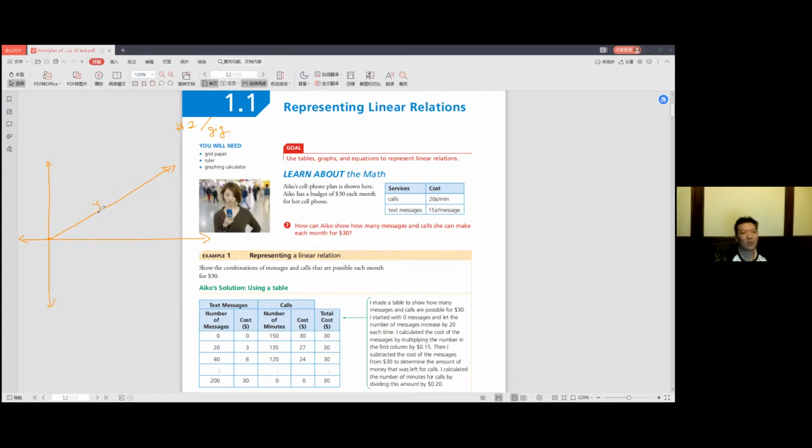So the equation for this line, we can call y equals 2x, because x is the number of gigabytes used, and y is the cost. So the cost is going to be equal to 2 times the number of gigabytes that you use. So when you use 1 gigabyte, it's going to be $2, whatever. And then